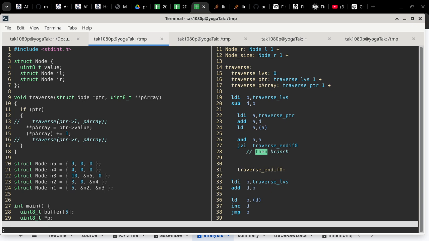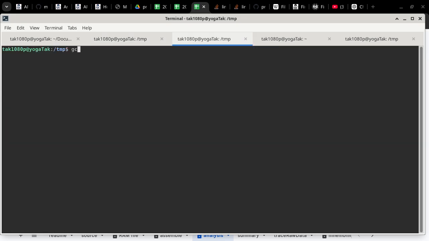All right, so in this case, I am going to test run the code in C first, just so that I can see, okay, with this modification, what is it going to do? So we'll go ahead and do a gcc -g -o traverse1 traverse1.c. Okay, so now we have traverse1, which is the modified version of traverse without the recursive call. So we'll gdb traverse1,